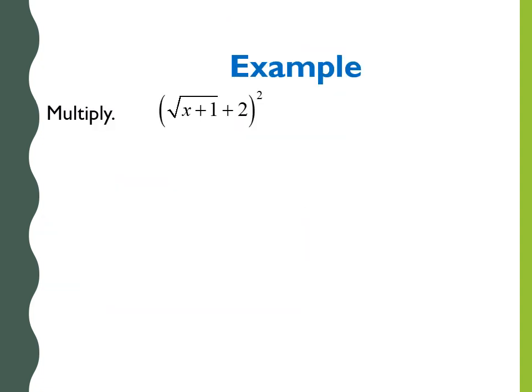So what happens here? I have a whole lot going on. I have addition underneath my radical, and I have a binomial. So what does this turn into? Well, a whole lot of fun for you. That's what it turns into. No, I'm kidding. So what we're going to do is remember from 307, our